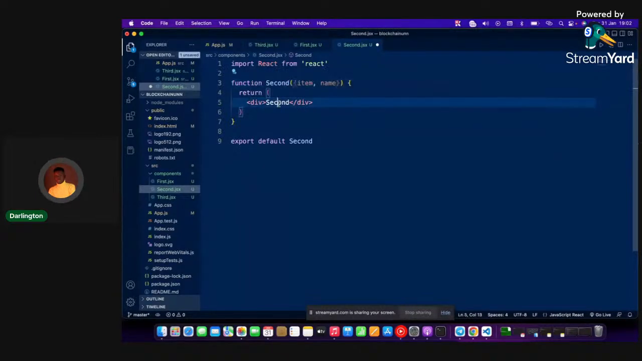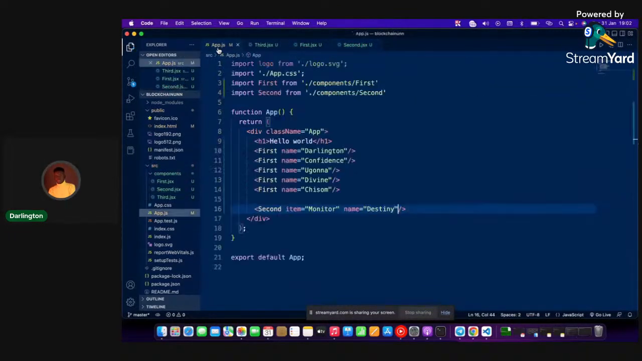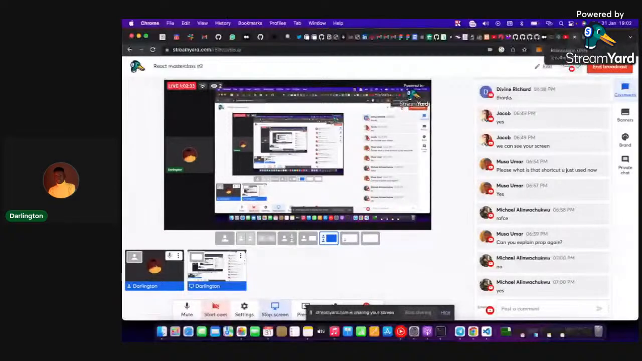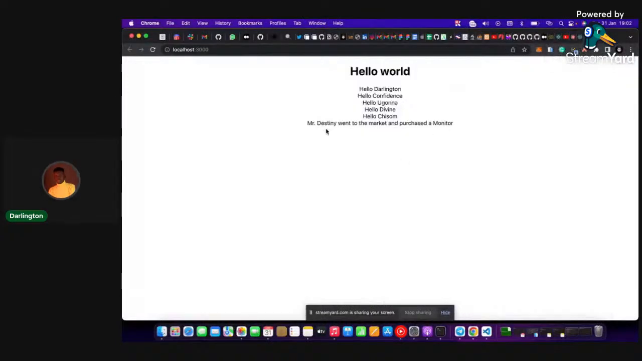And yeah, so inside the second, we could say Mr. name went to the market and purchased a, then we can put the item here. And when we save this and try to run it, we already have that in our app.js. So when we try to run that, we go into our browser, localhost. We can see that we have Mr. Destiny went to the market and purchased a monitor, where Destiny and monitor were props or arguments